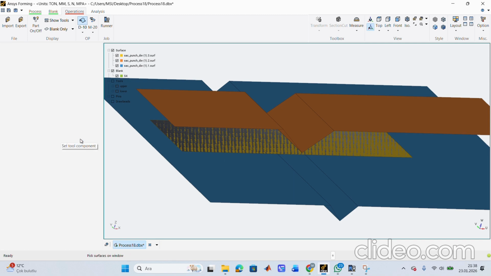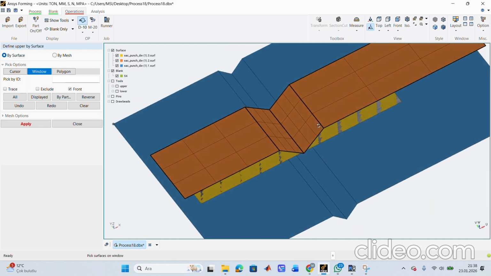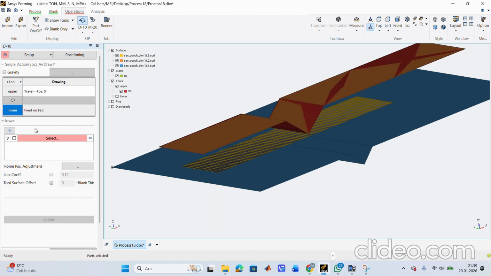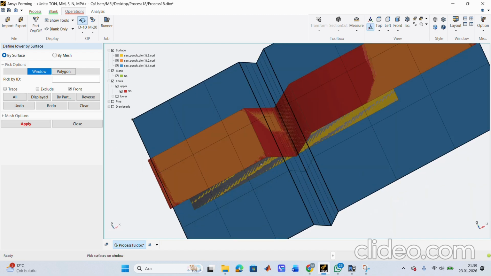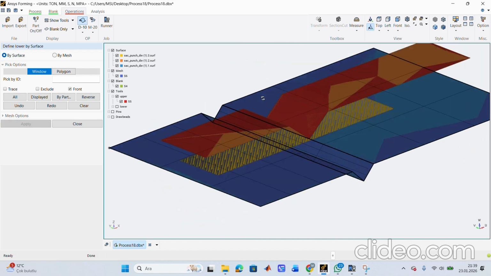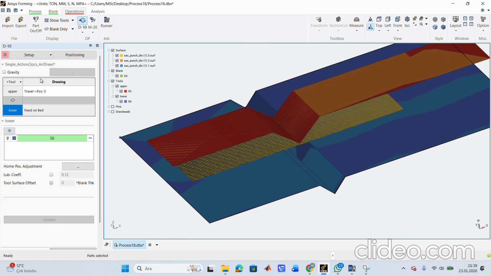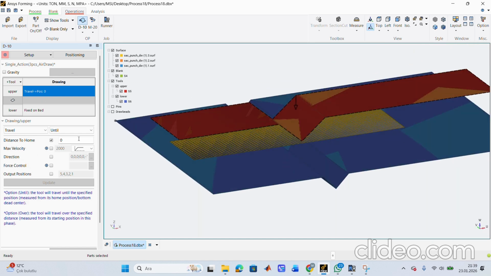And I select upper tool. Okay. And lower tool. Apply. Close. And travel distance to home, I give 7.